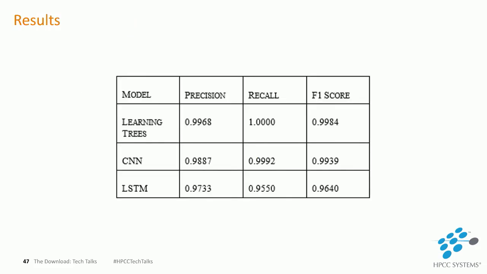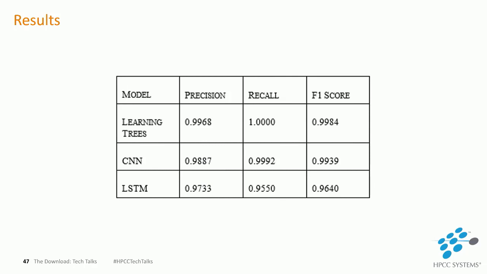Right. So coming to the results, we can see that LSTMs surprisingly perform, although it does give very good results. It actually gives an F1 score of 96.40%, which is great for any model. It does perform the least well among the three. CNNs give amazing results. It actually gives a 99.39% F1 score, which is by far exceeding any of the models.